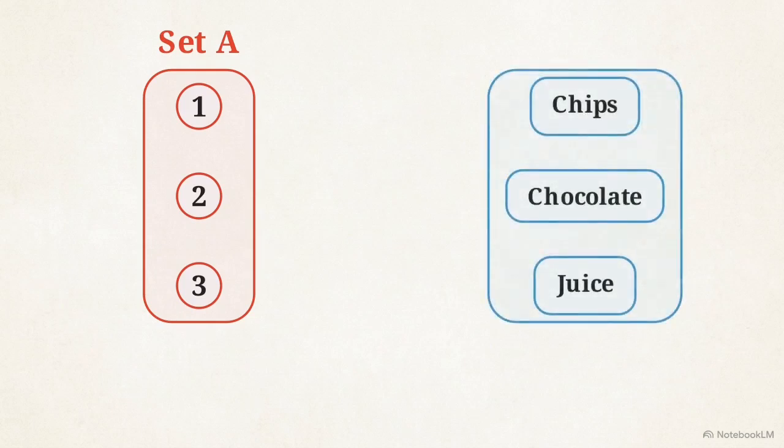Machine works. On one side, you have your inputs, a set of buttons. Let's call them set A. On the other side, you have your potential outputs, the snacks. That is set B. When you press button 1 and a bag of chips drops out, you create a connection